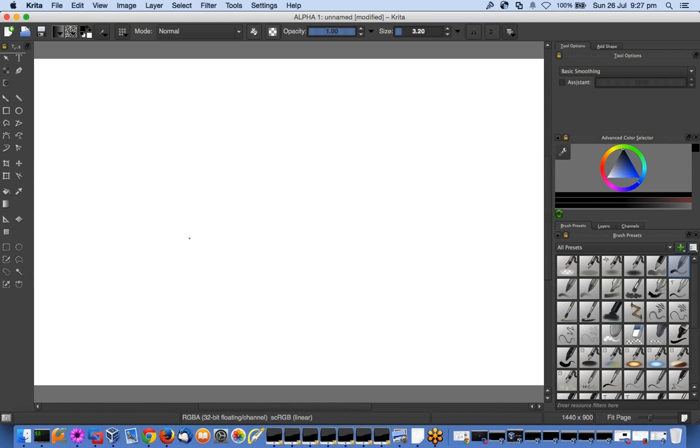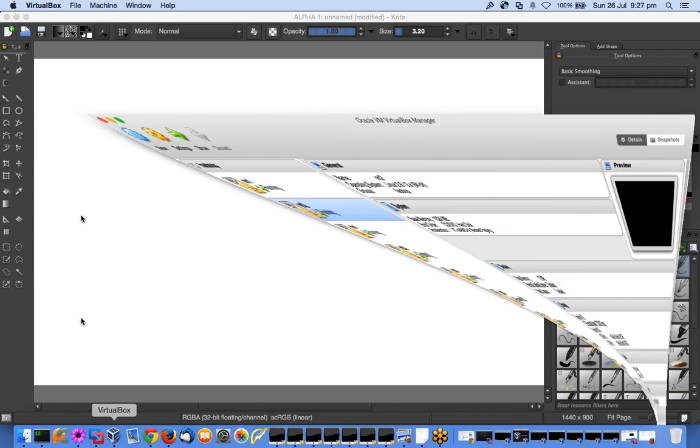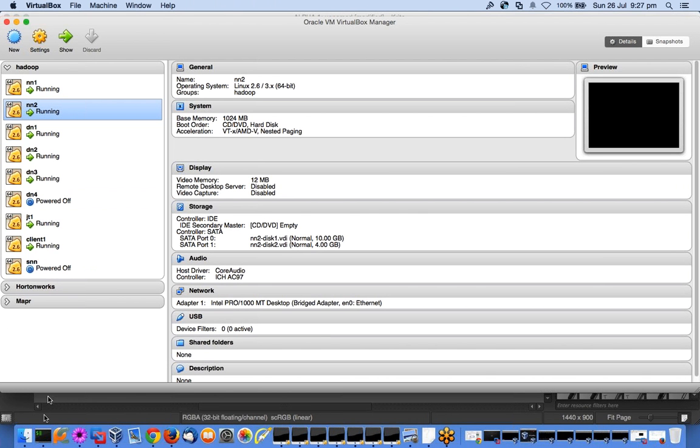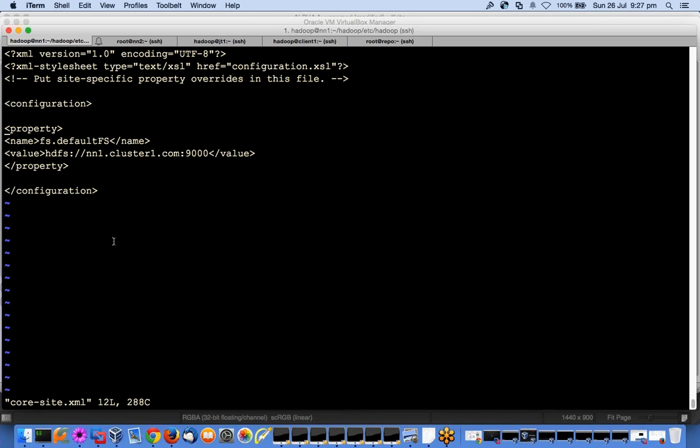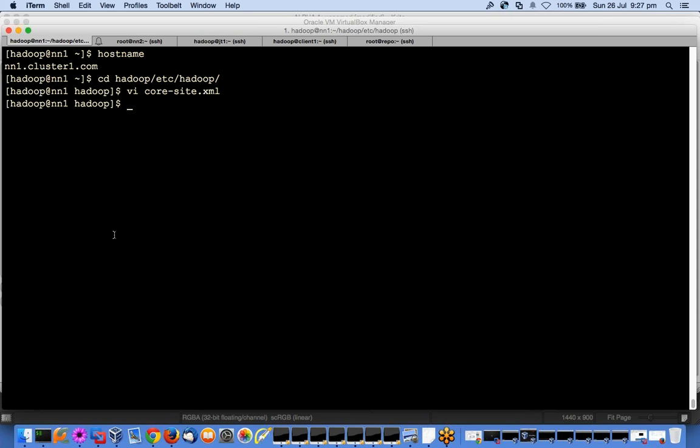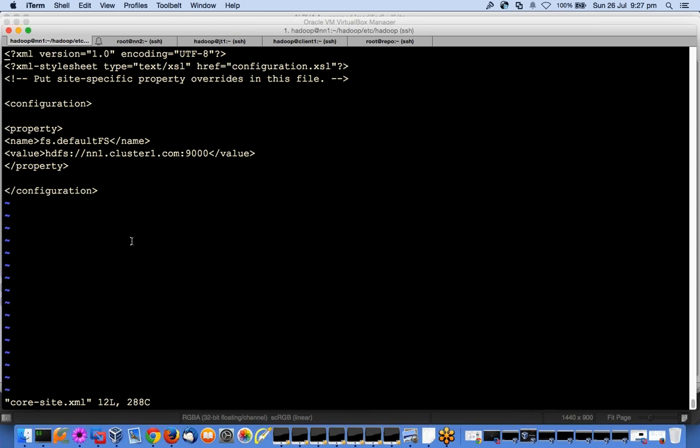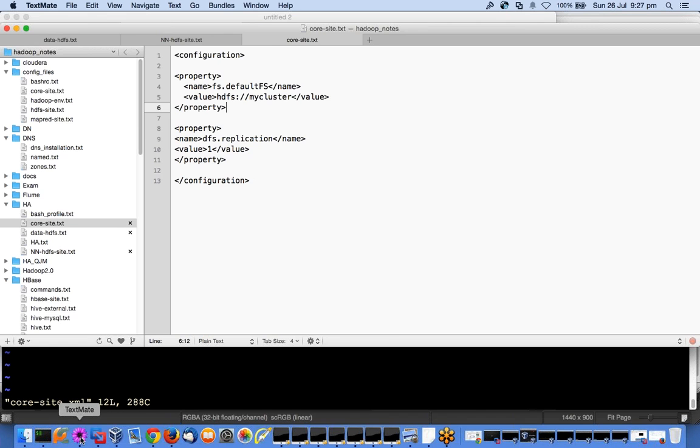So now we will be looking at high availability, right? So we are setting up two name nodes, NN1, NN2, and I will be setting high availability for them. First of all, I'm sitting on name node 1, core-site. So how will it change? First thing will be